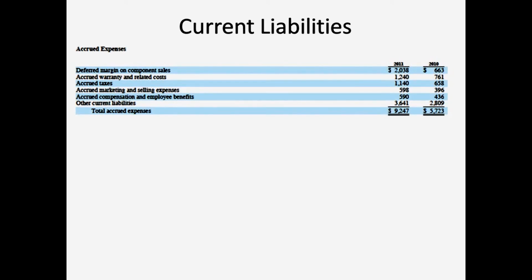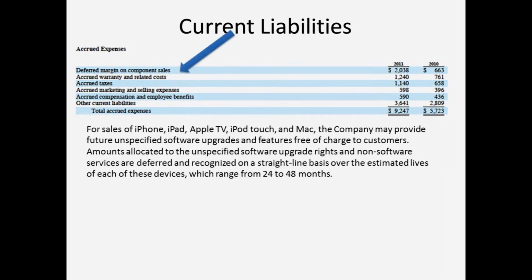And then accrued compensation, so wages that we haven't yet paid. We end the quarter, or we end the period, and we have to record all of the expenses up until this date. Okay? You know, there's one thing that I didn't talk about, and it was sort of a little strange. You wouldn't see it on every set of current liabilities. And so if you don't know what this thing is, you got to look it up. So there's this one weird thing called deferred margin on component sales. That's like not something we normally do or normally see.